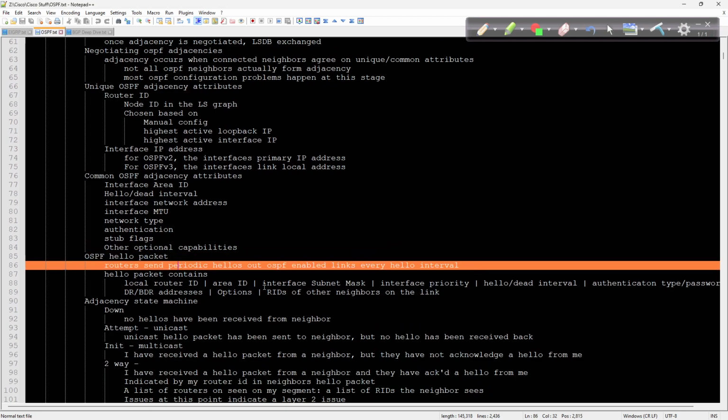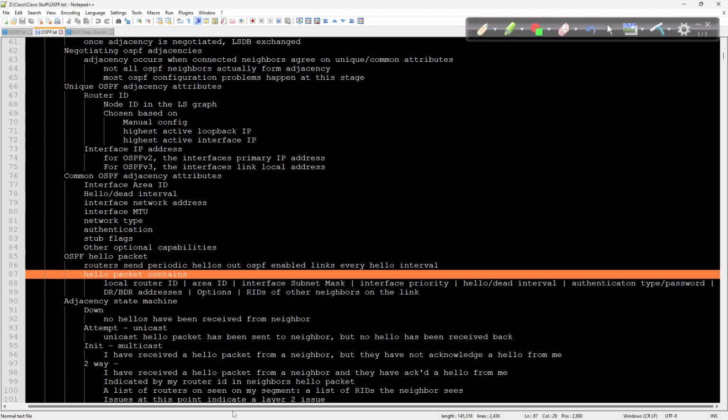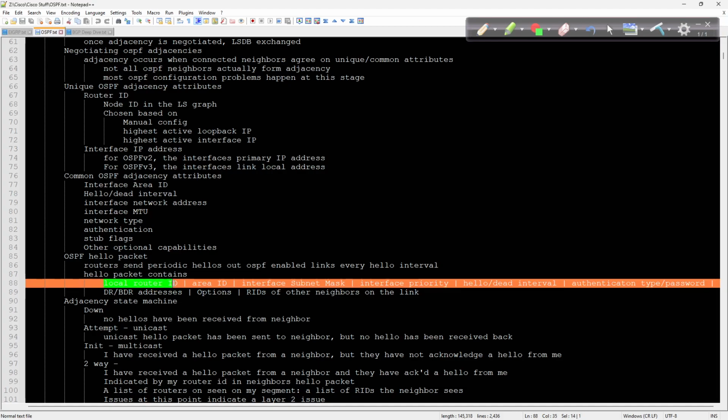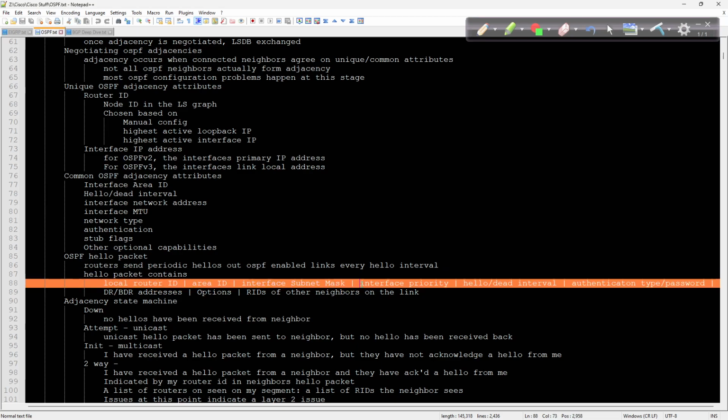The hello packet. Routers send periodic hellos out OSPF-enabled links every hello interval. The hello packet is a whole bunch of different things kind of wrapped into one. You have the local router ID. Remember I talked about that. That's important to remember because you need to be able to identify yourself. Your area ID, your interface subnet mask, your interface priority. By default on most interfaces it's going to be a priority of 1. Your hello and dead interval,